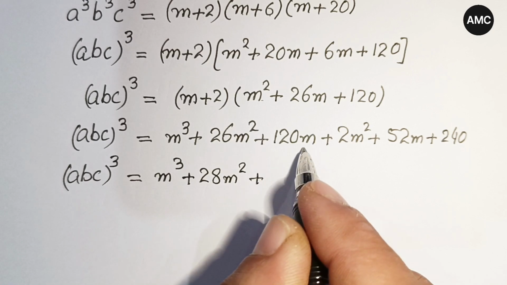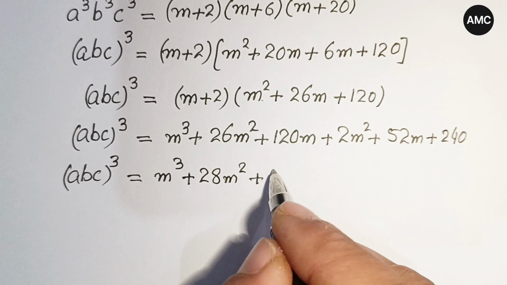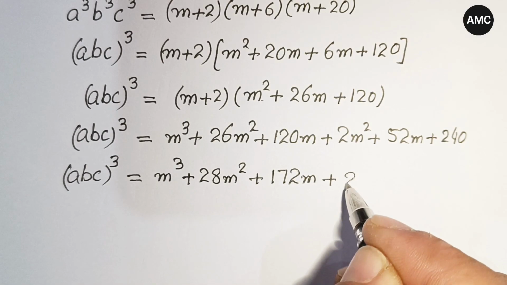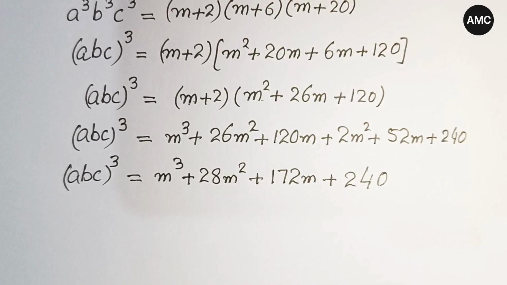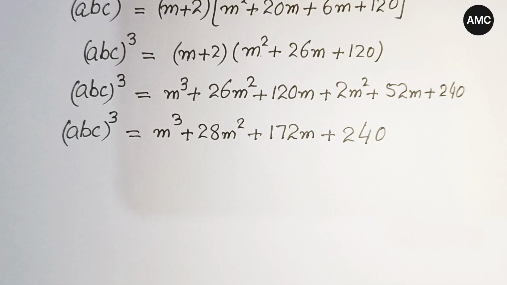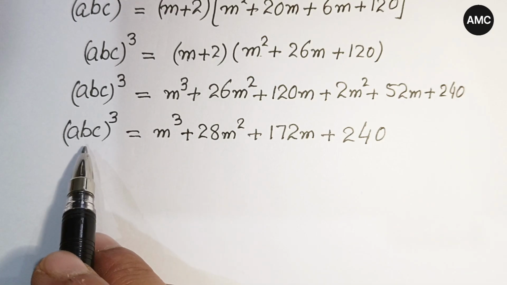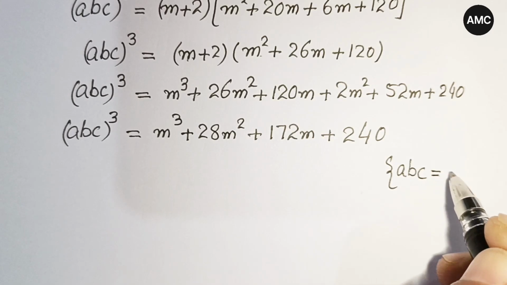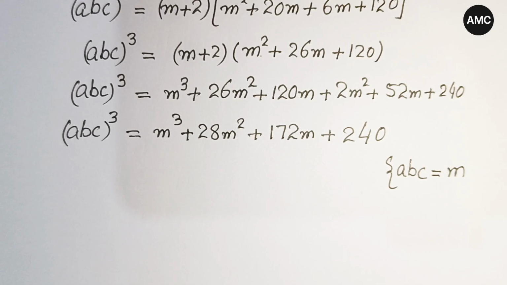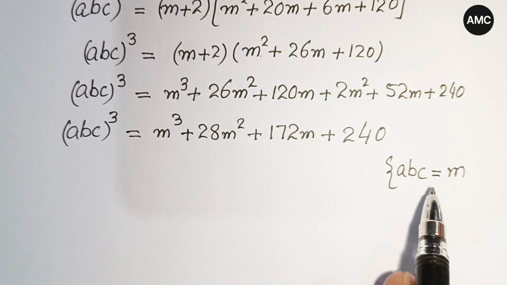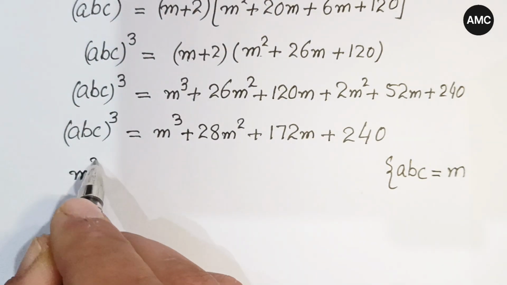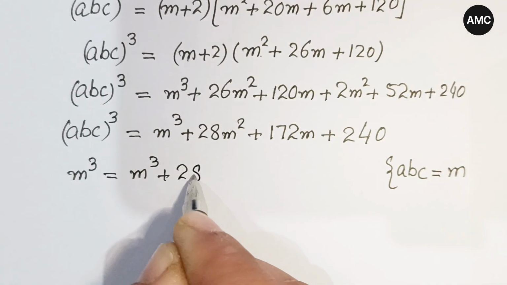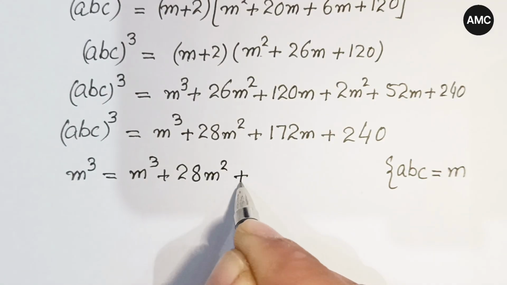plus 120m plus 52m is equal to 172m and plus 240. Now here we see that as a times b times c is equal to m, as we have supposed earlier that a times b times c is equal to m, then putting this value of abc here, so we get m cubed, which is equal to m cubed plus 28m squared plus 172m